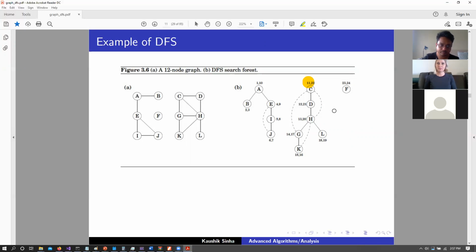Why is it 11? After the first run was done, they moved on to C, and the current counter value was 10 because that is the post-visit value for A. So the first time we discovered C, we had the number 11, and after we discovered all of the subgraphs after C, the last time we explored C and were done with it was 22. Exactly, you're correct.